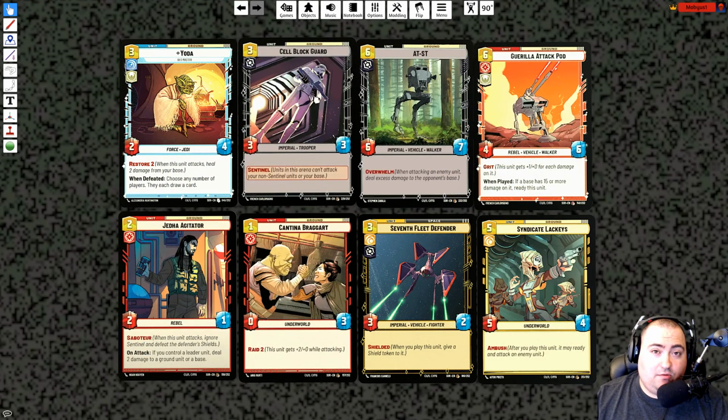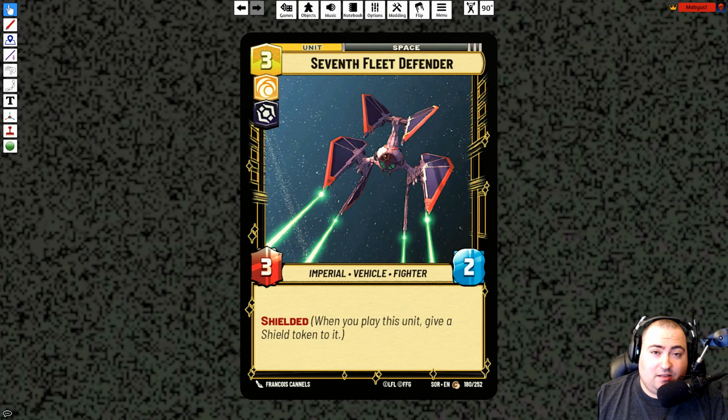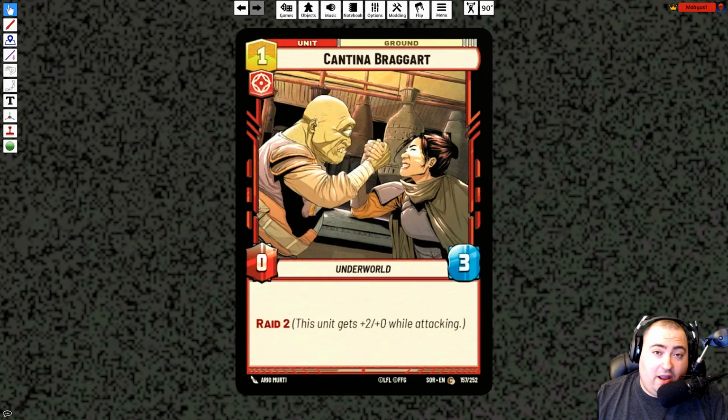Now let's take a look at the red keywords that were introduced during Set 1 for Star Wars Unlimited. Let's start with arguably the easiest keyword to understand in the game, which is Restore. Restore simply restores that much health to your base when this unit attacks. The keyword Shielded means that when this unit enters play, you put a shield token on it. The keyword Raid means that when this unit attacks, it gains that much power. So this Cantina Braggart here may only be a 0-3 unit when it's defending, but it'll be a 2-3 when